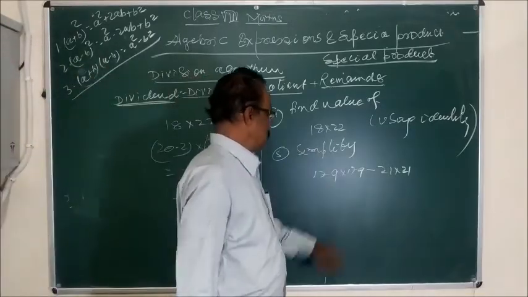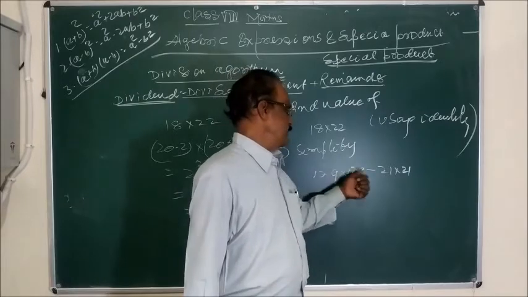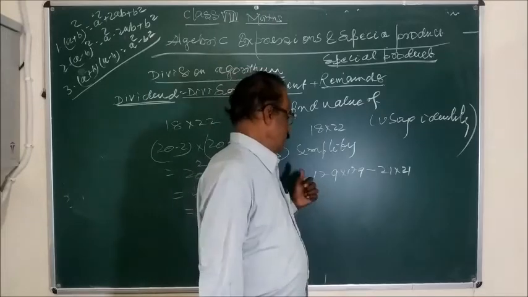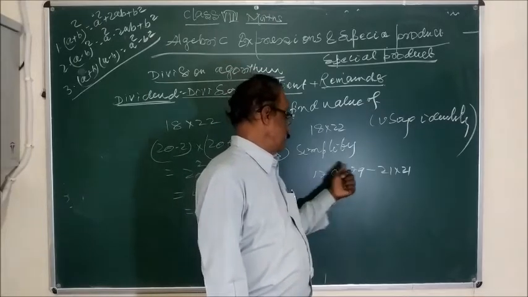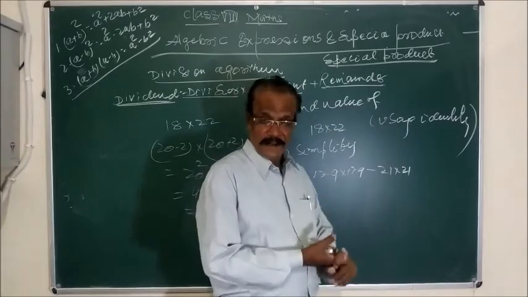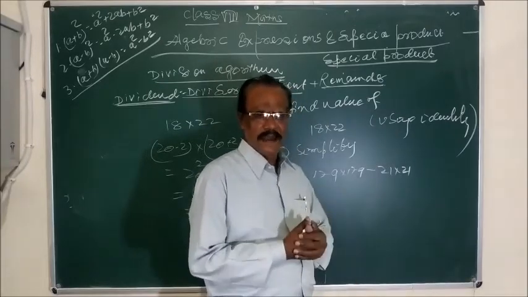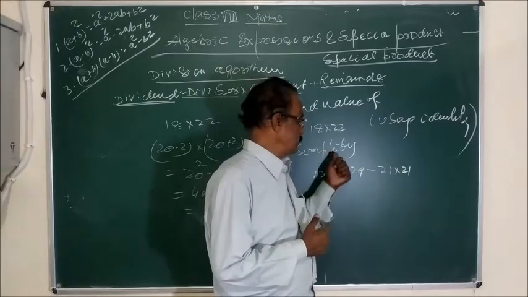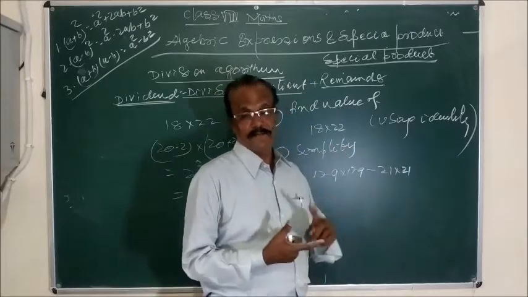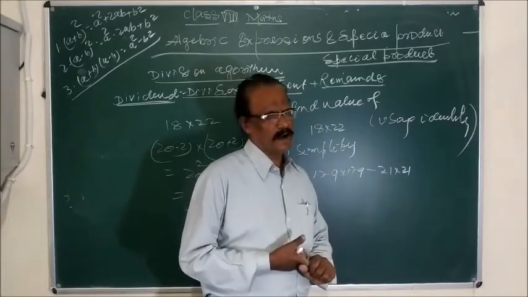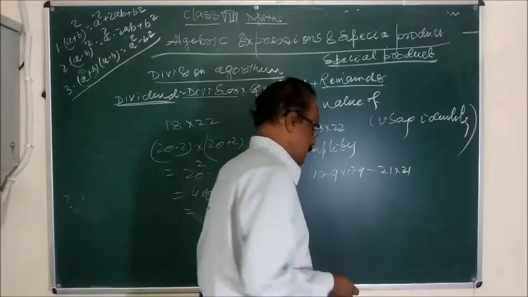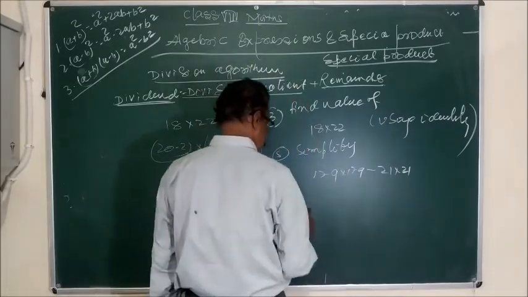Now you see, simplify: 179 into 179 minus 21 into 21. आइडिया आप सोच सकते हैं कि सर इसको दोनों को मल्टीप्लाई कर लेते हैं, इसको भी कर लेते हैं मल्टीप्लाई और दोनों को सब्ट्रैक्ट कर लेते हैं. That answer you can get, but as I told you, you have to use the identity. इस आइडेंटिटी, अलजेब्रिक आइडेंटिटी के रूप में उसको कन्वर्ट करना है, and then you have to find the answer. Also you will get the answer, that will be accurate, if you are doing it rightly.